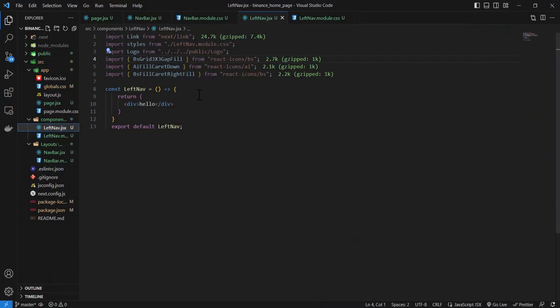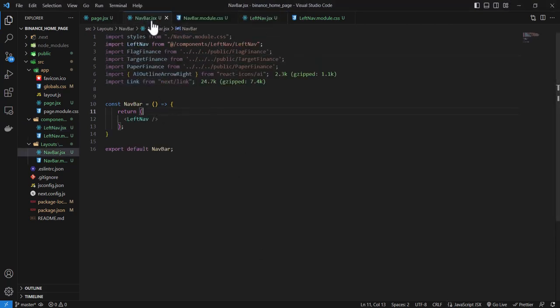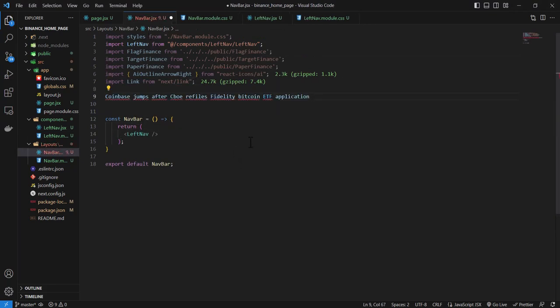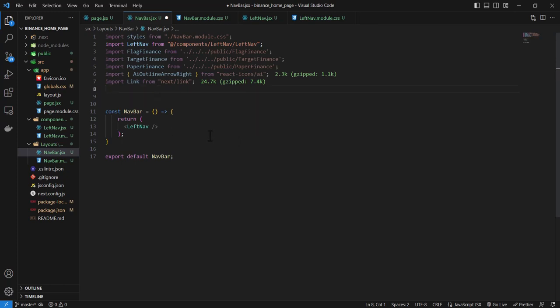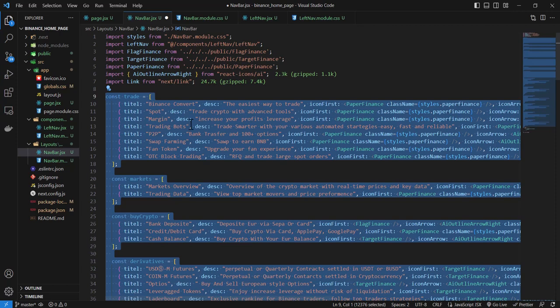So back to the code. We continue to coding. Now I will pass to the navbar layout component some code. I will create a div and paste